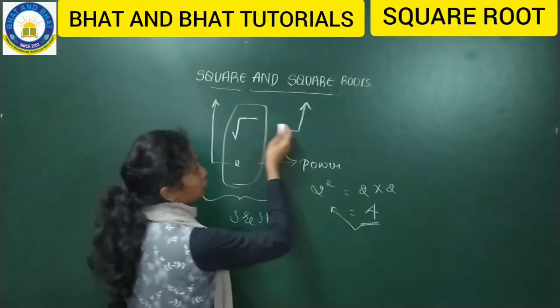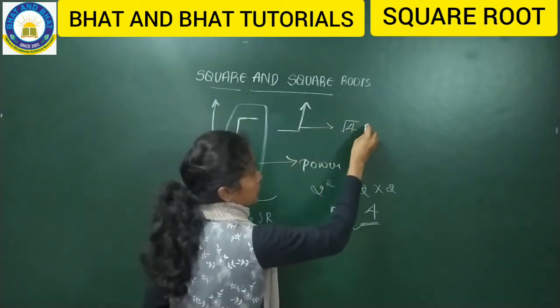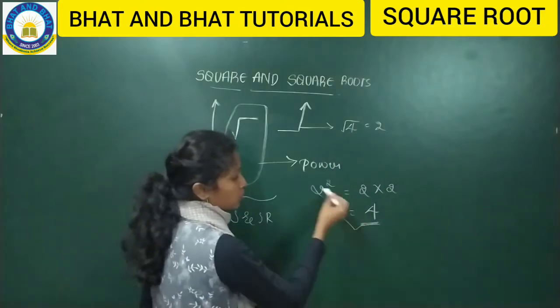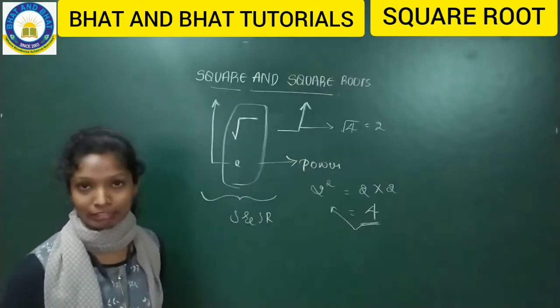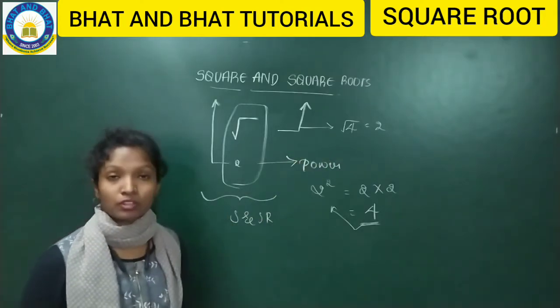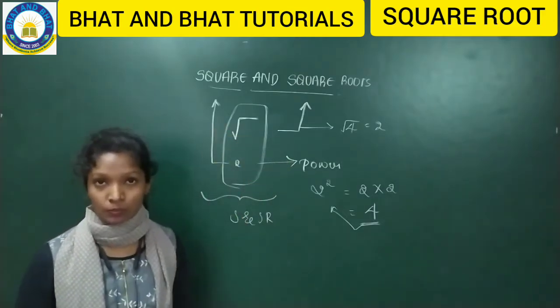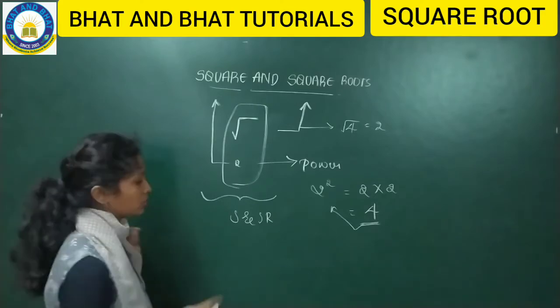So then how are we going to define this? You are going to define the square root of 4 is equal to 2. How? Vice versa of this. That means you are going to make it ulta and tell it like that. Not only 2, for all the numbers we'll be calculating the square roots. So I'm just giving a brief introduction about this chapter.